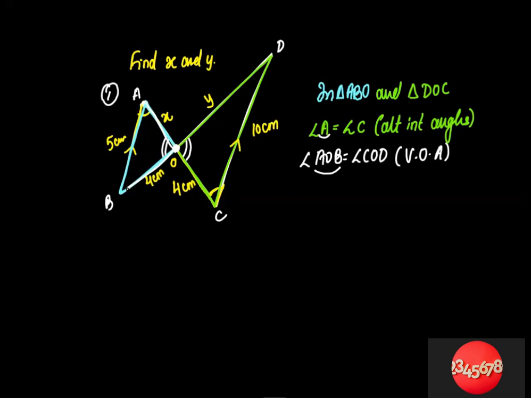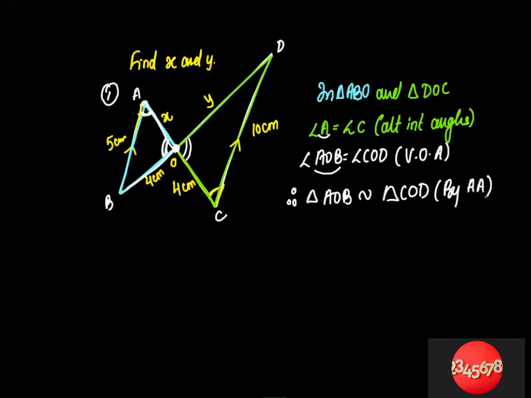2 angles are equal. Look at the blue triangle and green, those 2 angles are equal. So if 2 angles are equal, then what do we say? The triangles are similar. That's right. So we'll say therefore, let's name it properly. Triangle AOB is similar, now how did I name AOB? Single dash angle, double dash angle, then no dash angle. Double single dash triangle COD. By what option? By